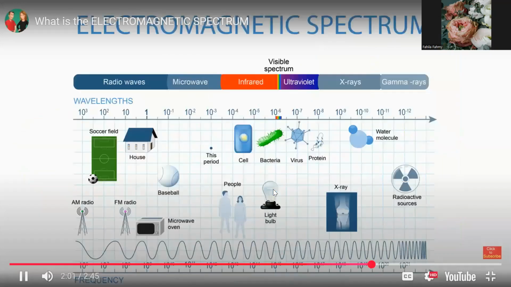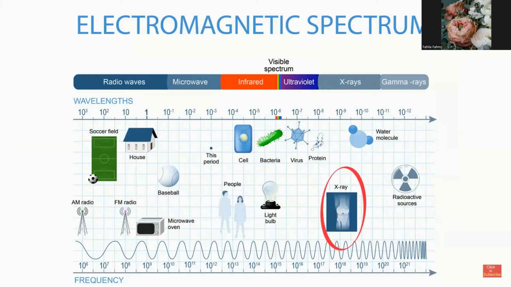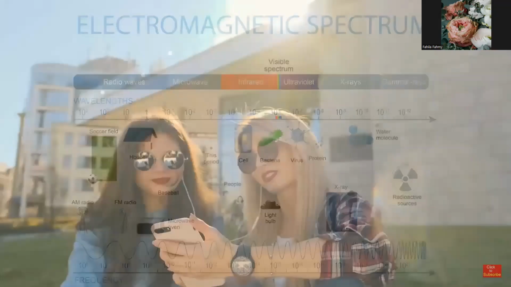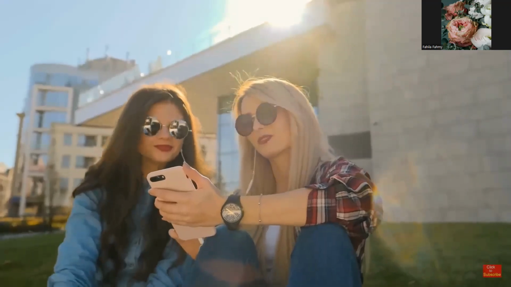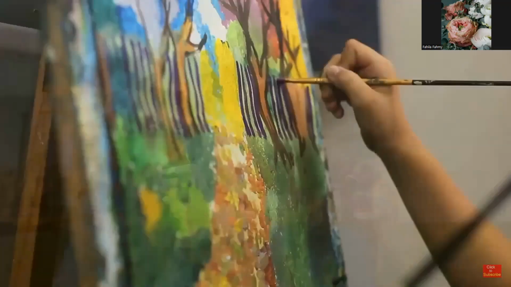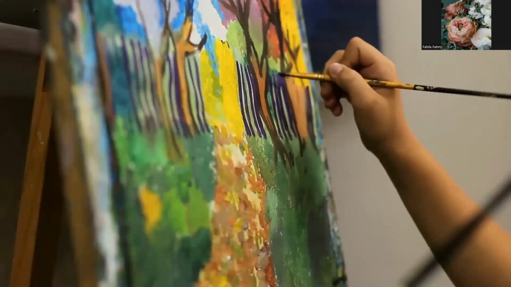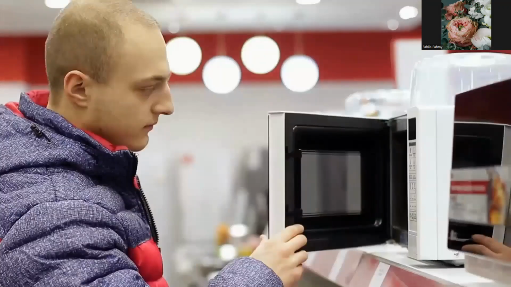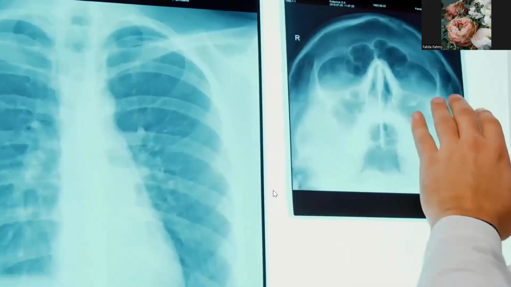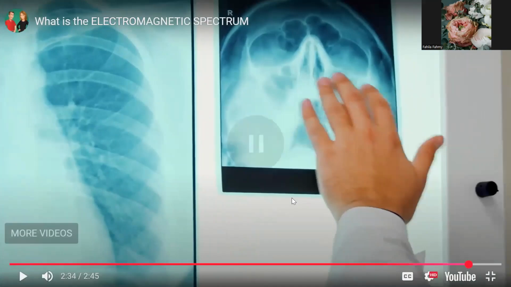Now, at this point, the wavelengths are very, very small. X-rays are slightly larger than a water molecule. And radioactive sources, such as gamma rays, are the size of atoms. The electromagnetic spectrum is used in everyday life, from listening to music, to visible light, to microwave ovens, to even looking inside our bodies. If you'd like to know more about the